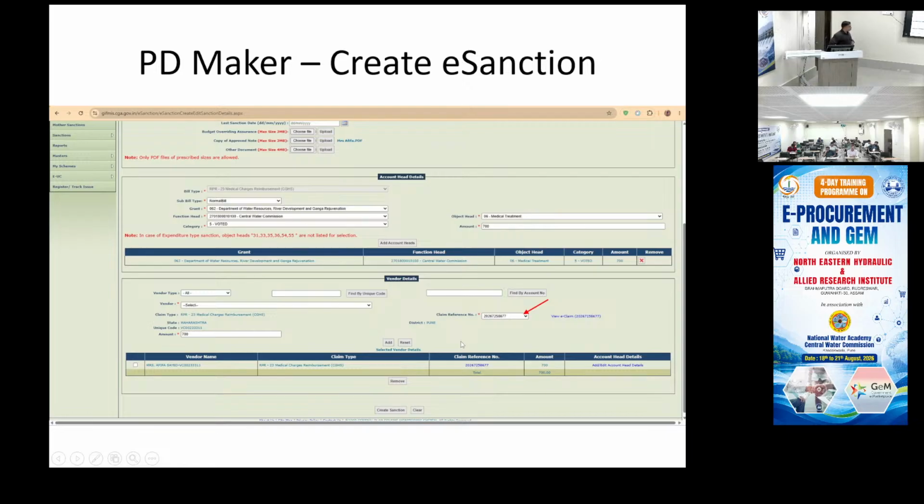So one important thing is, we saw with one account number there were two vendor details, we added both, but only one vendor will show the claim reference number. Only one vendor will show the claim reference. You select this vendor. See, there was one vendor with this code and another vendor with another code with the same account number, but the correct one will have the claim reference number, and the other one will not have a claim reference number attached to it. Without the claim reference number, it will not proceed from here.